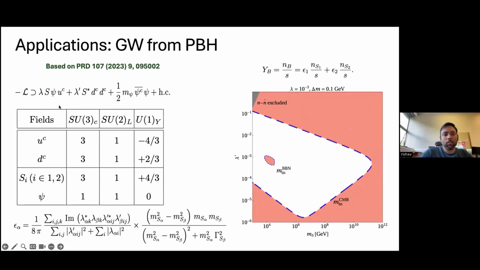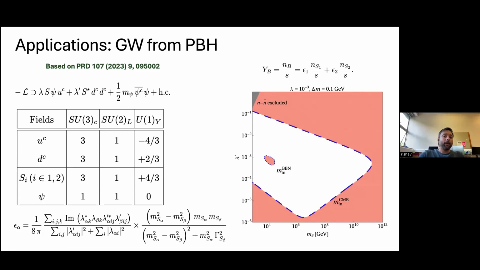So here the idea was that we introduced two scalars which carried a color charge. So this was baryogenesis, not leptogenesis, and one fermion, which is required for the generation of the asymmetry. You see that this psi couples to the standard model quarks. It couples to up type quarks, and it couples to down type quarks. The decay of these two S can generate asymmetry in the visible sector. If there was no coupling to the psi, the asymmetry would have been washed out because of the flavor sum. So that's why we need another fermion to generate the asymmetry.